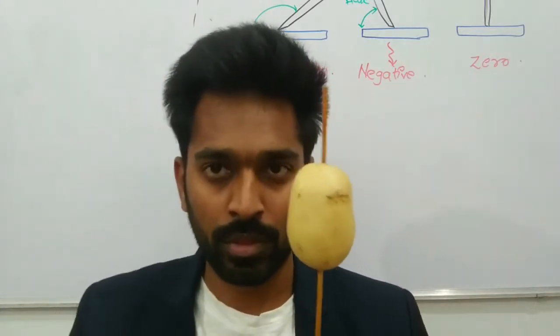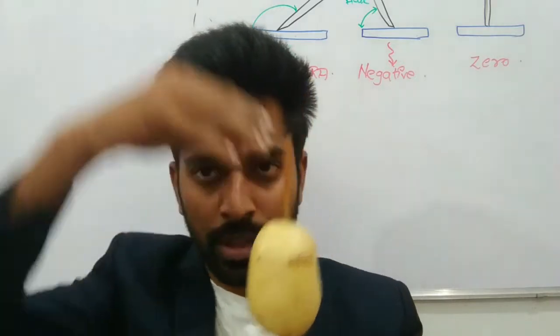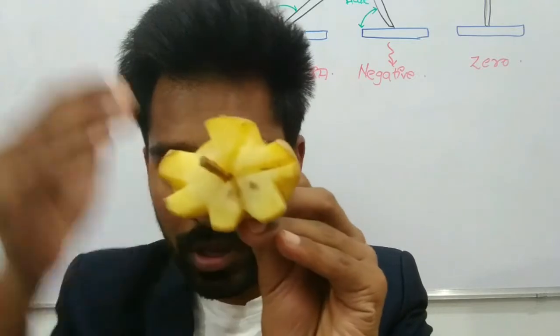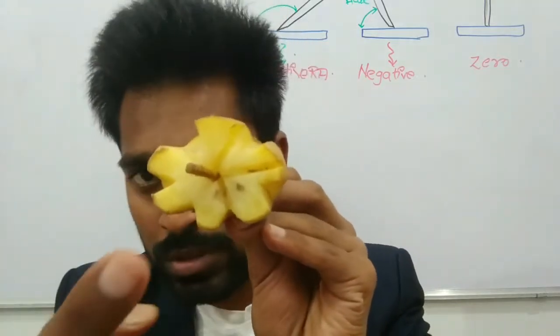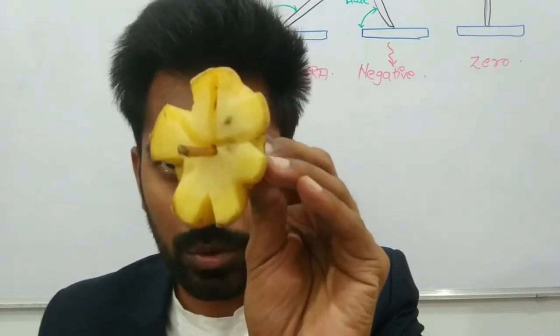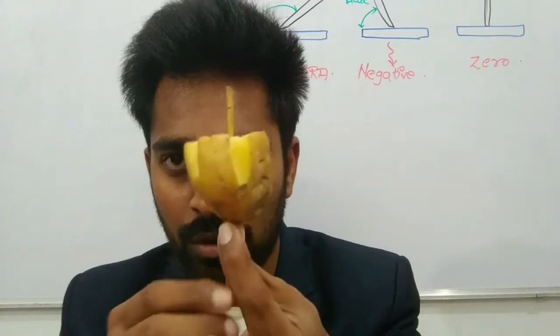helical angle. For suppose, if you take a cross section of this file and if you view from the top, so this is how it looks like. If I take a cross section, so this is the long axis of a file. So this is how it looks. See, this is the long axis of a file.